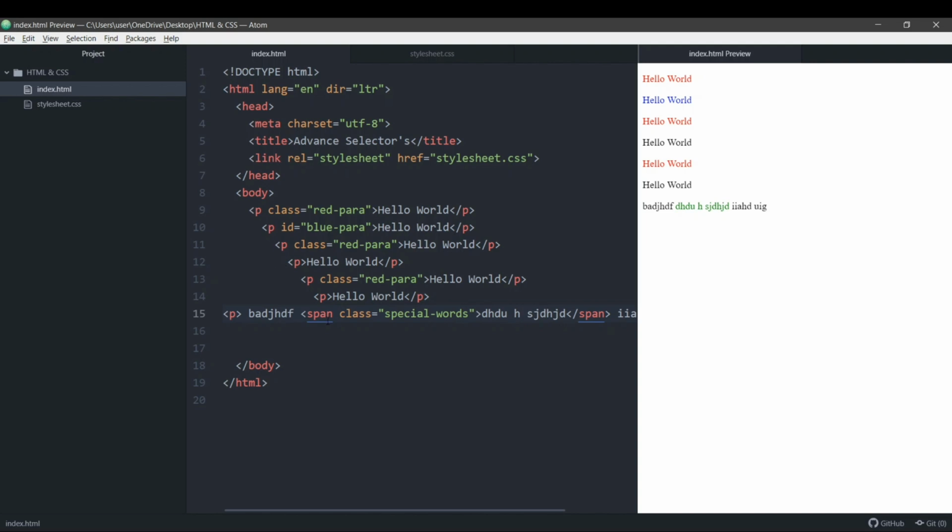We did that by using this class attribute. Now you might ask, where can we use this span? You might have seen that when you are reading something on a website, a few texts in between are bold and a few are in italics, a few have a different font, a few have a different color. That can be done by using this span tag. Now the next thing that we're going to see here is called the div tag.